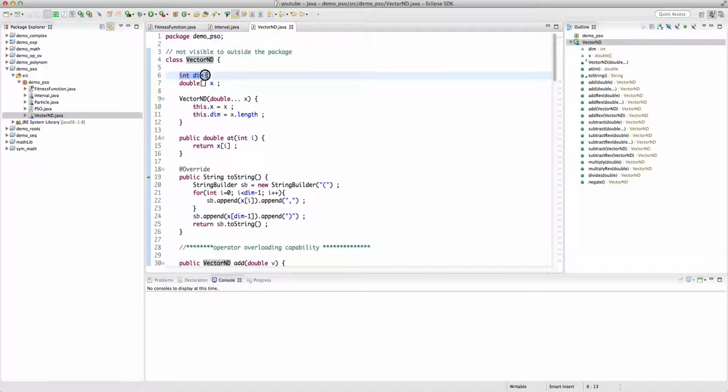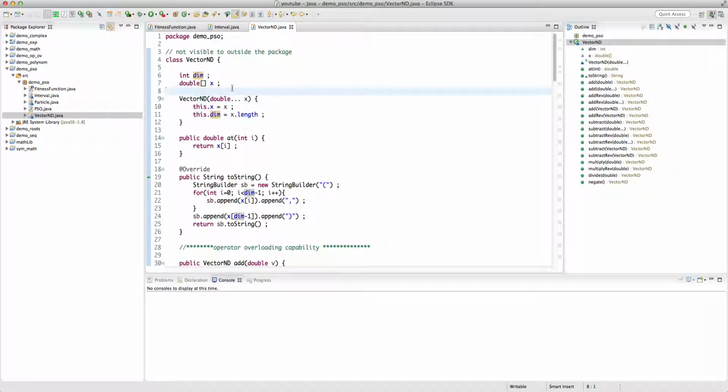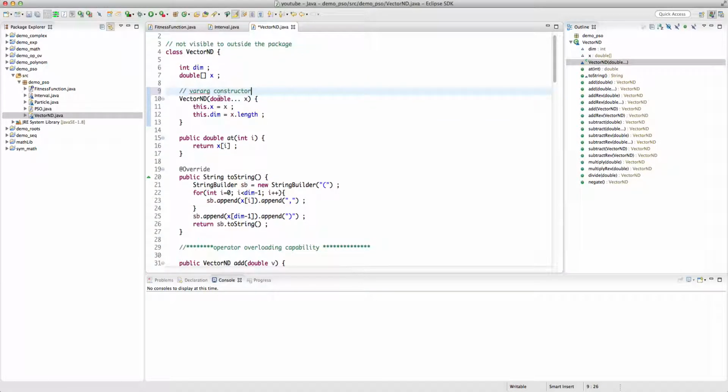So this vector has a dimension, an integer, and an array of double values. And it has a constructor. It's a var constructor. So let's write it. Var constructor takes the variable argument length x and then assigns it to the array here, and then also updates the dimension based on the length. All right,